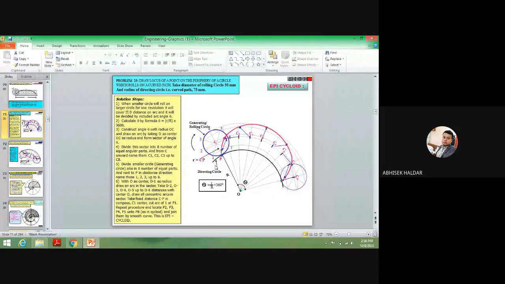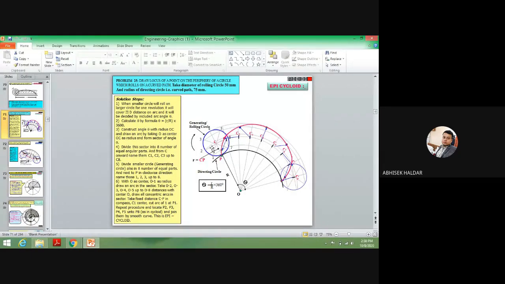That larger circle is known as your directing circle. The smaller circle is known as your rolling circle. Which rolls? The rolling circle is easy to understand, because it rolls, that's why this circle is known as your rolling circle. So when a smaller circle is rolling over a curved path, or over a directing circle,